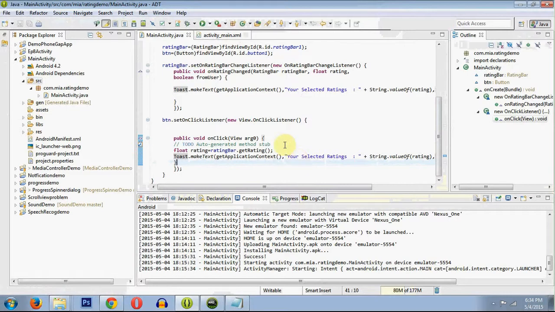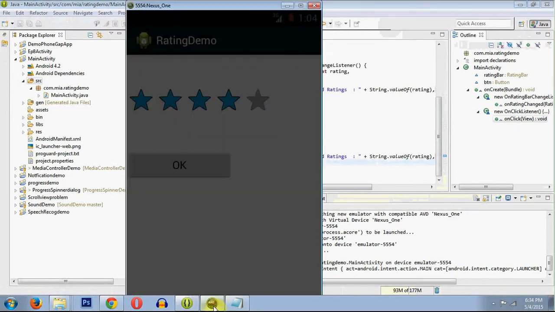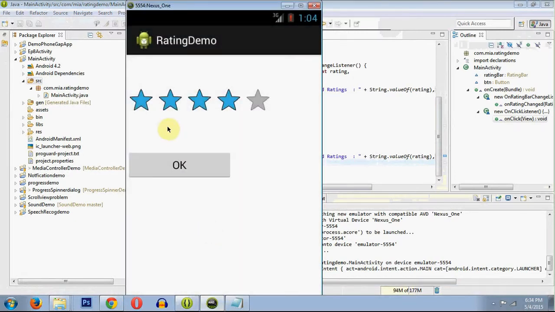Let's run our project. Click on the green button. I have already opened the emulator since it takes a long time. Check out the progress in the console. By default you will get 0 stars.